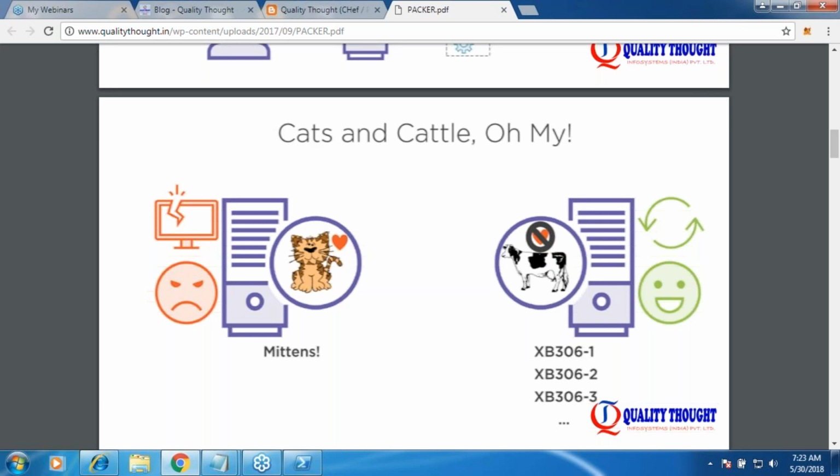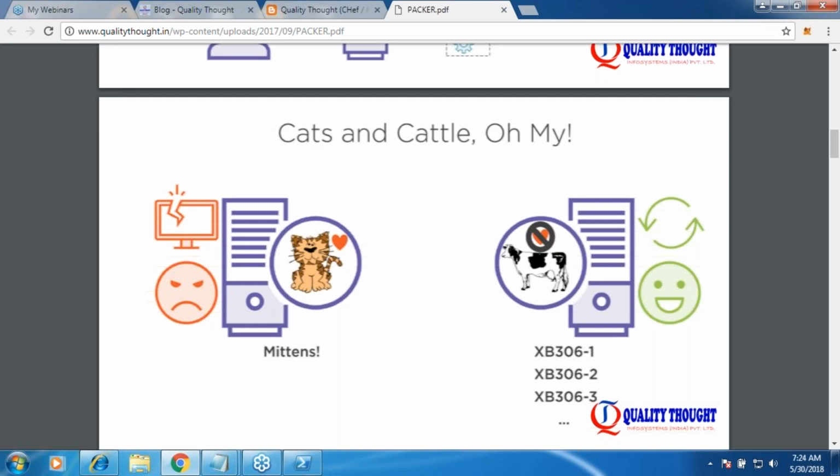That's how Packer, Docker, or Terraform want you to treat your infrastructure. If it is not working, good, sell it off and get a new one. That's what we do in a dairy farm, right? Here also we do the same thing. If it is not working, just strip that stuff and create a new one. That's the whole point of this cattle and pet terminology. It might come again and again. When I speak about Kubernetes, I might be showing you the same slide, because this terminology is vastly used in the case of virtual environments. If it is a physical server, you can't throw it off. That's the whole problem. So that's why we are speaking about virtual infrastructure, right?